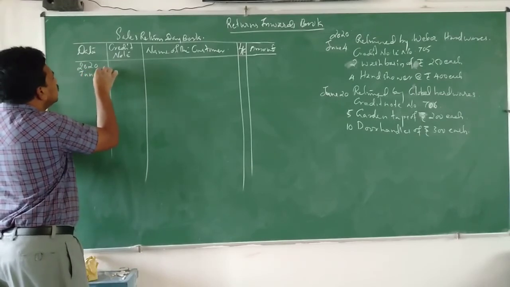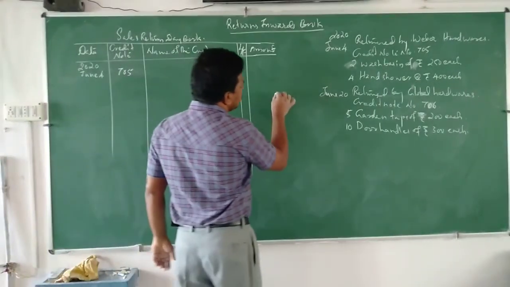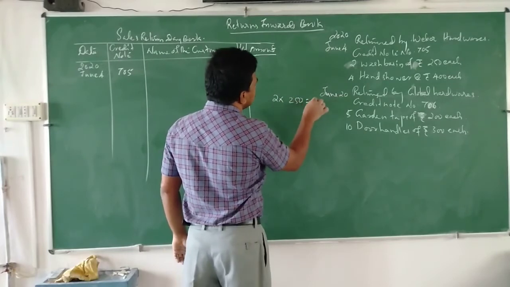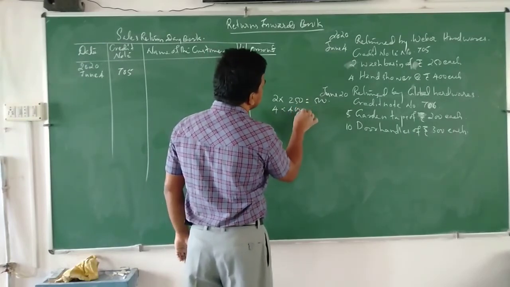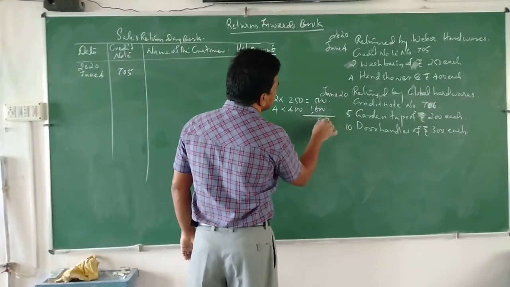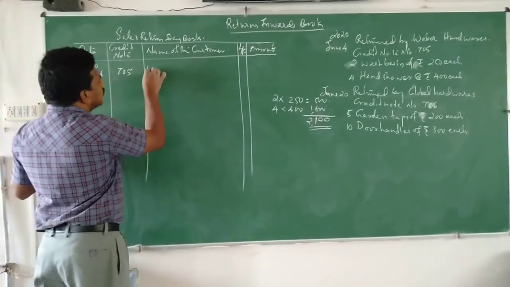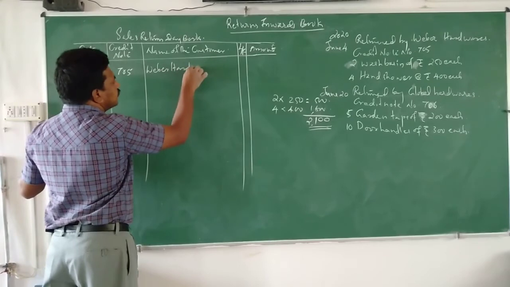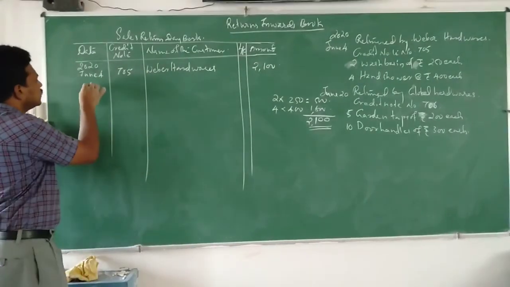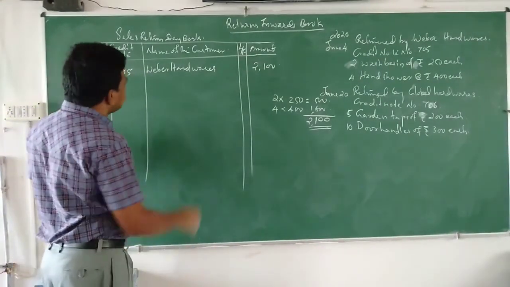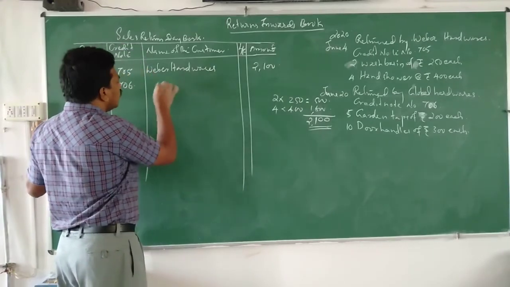2020 June 4, 705 is the credit note number, and wash basin 2 into 250, so 500, then 4 into 400, 1600, total 2100. No discount, nothing is there, so we can write here Weber Hardware 2,100. The next, June 20, 706 is the credit note number. Global Hardware